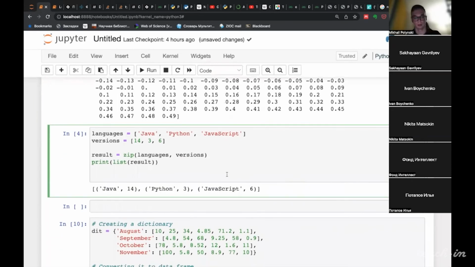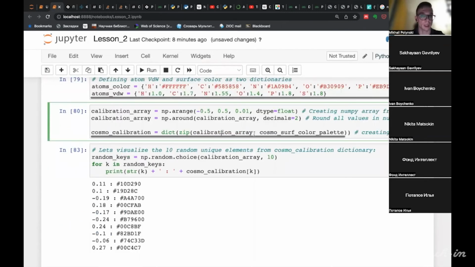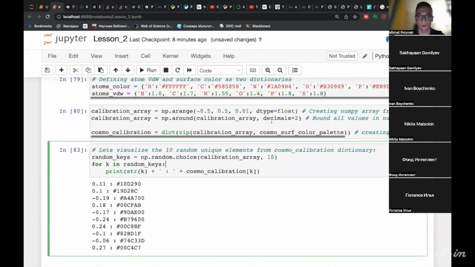Basically, it can be used to, for example, make tuples from two lists, and it can be used for our case as well.